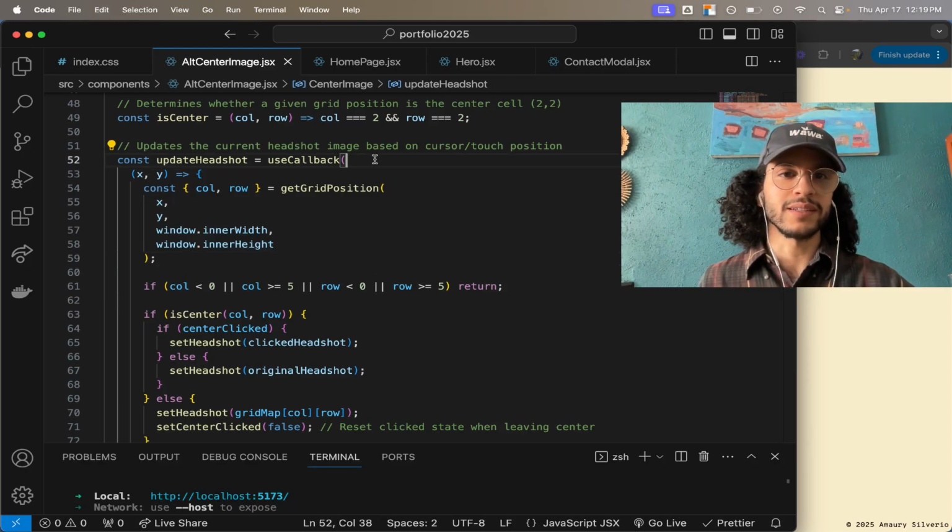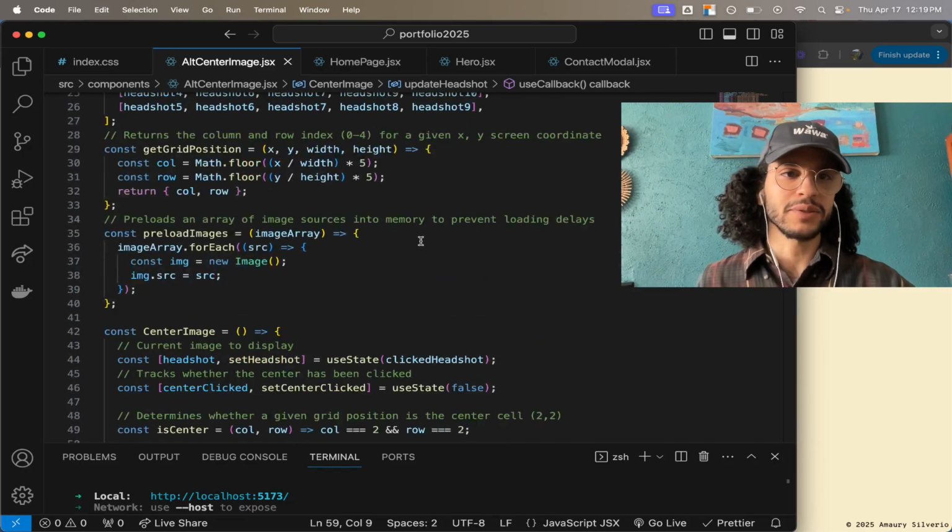And another way that I tried to refactor this after initially making it to improve its performance, because after doing this, I still found it a bit lacking, is that I actually preload an array of image sources into memory to prevent loading delays. And as you can see, it's right here on line 35, preloadImages. And I found that after I did this alongside the useCallback, it really gave me the responsiveness and snappiness